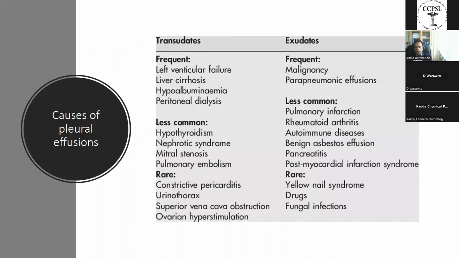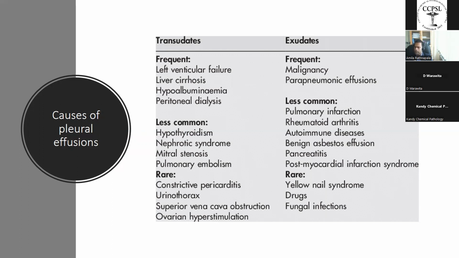If we consider the causes, there are many causes, more than 60 to 70 causes of pleural effusions. The commonest are exudates, and we see them frequently in malignancies and parapneumonic effusions. The less common causes of exudates include pulmonary infarct due to